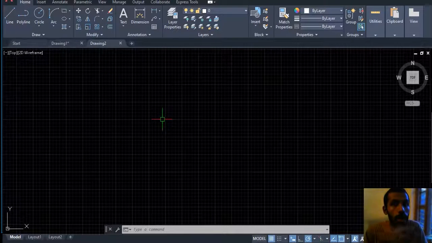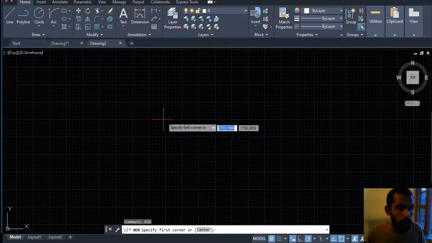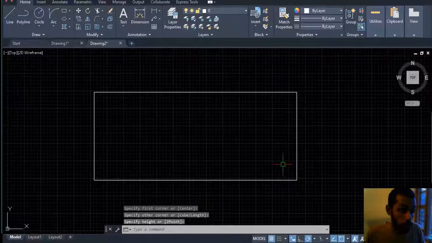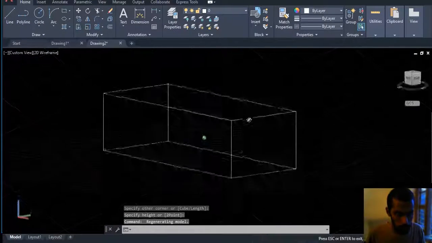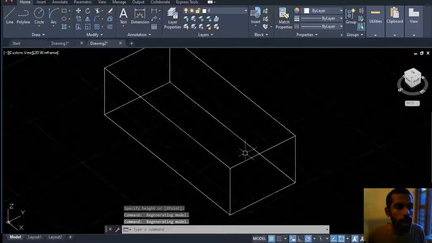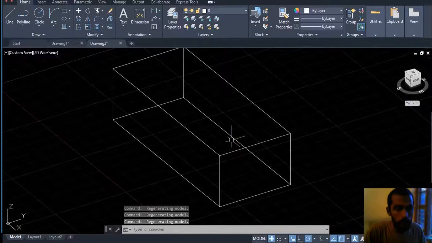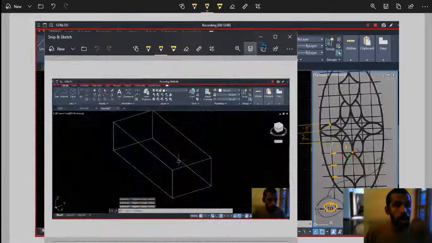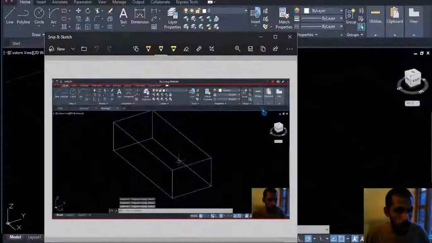Both are a representation of 3D, but actually, considering AutoCAD, they are not 3D. That's only a representation. I'll tell you the difference between the isometric view and the perspective view. First, let's look at the isometric view. This is an isometric object. In isometric view, what is happening is